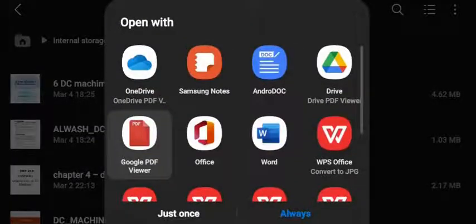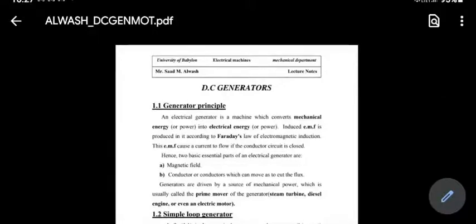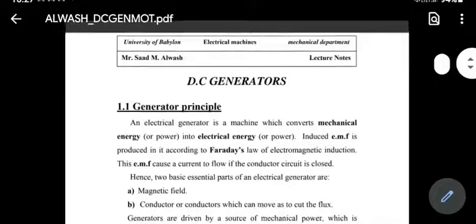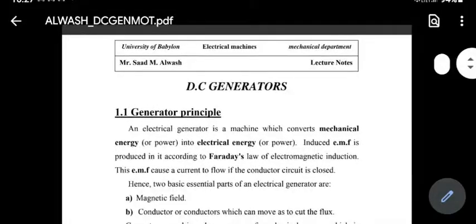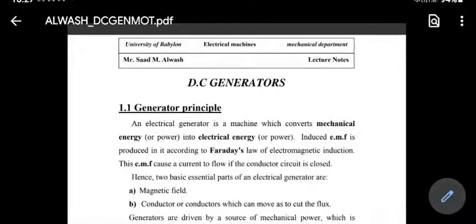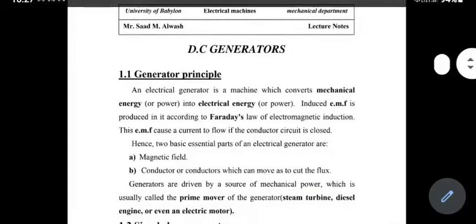One more document that I would like to share with you. Again, it's a long document. Author is not myself, obviously. It's Dr. Alvash. He has written a very nice document on DC machines. I will not be reading it through completely, but I'll show you broadly what it contains.